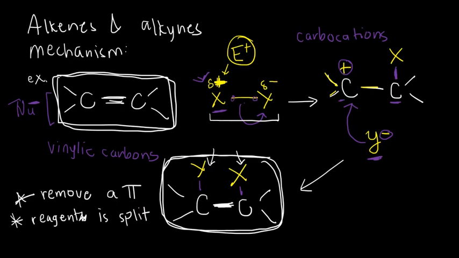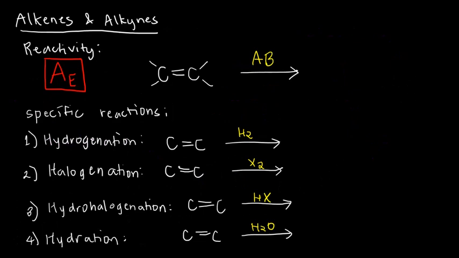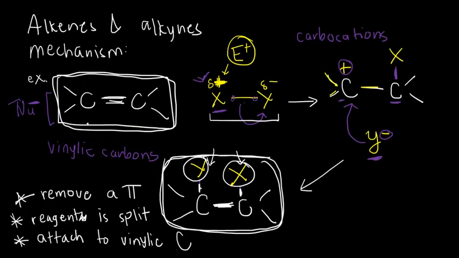Then, when we split our reagents into two, we had to attach them separately to both vinylic carbons. So the last step is actually to attach our reagents to our two vinylic, or double bond holding, carbons. And always remember these three steps because we will do this again and again and again. Oh, and by the way, since I have one alkene and one reagent, so those are